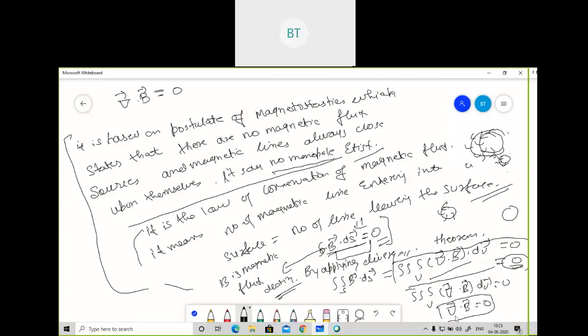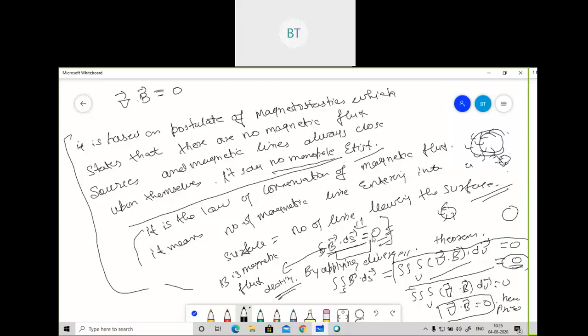So now it is proved. Hence proved. If you have any kind of doubt in this equation, please tell me, because this is the simplest form of the equation. If you are aware of what the magnetostatics law is in a closed loop, you will write the equation in a simple way. We are aware that B dot ds is equal to zero. So what I have done here is apply the divergence theorem on this equation.